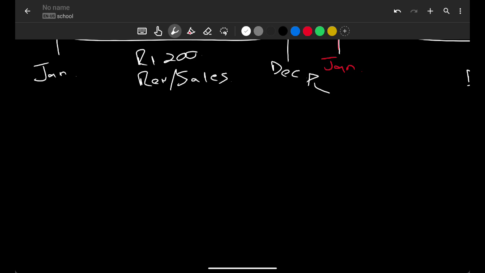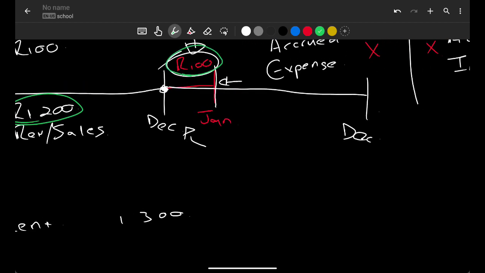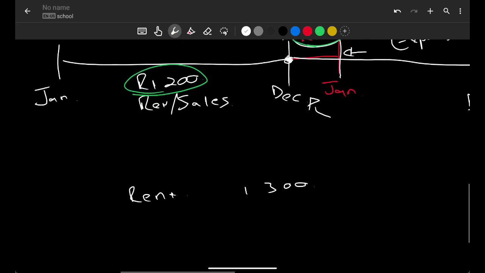Rent is an income account, so it increases on the credit side, right? Rent, they pay 1,300, right? So remember, it's the 1,200 for the 12 months and 100 rand for that extra month. So it's 1,300, and then this is bank. We got the money from our bank account and this is debited